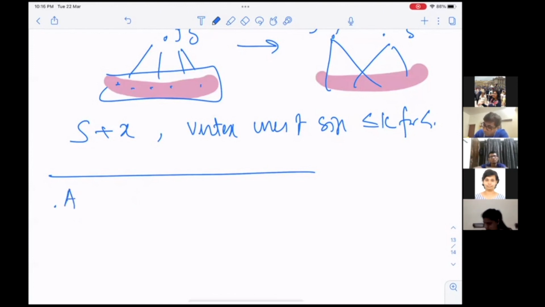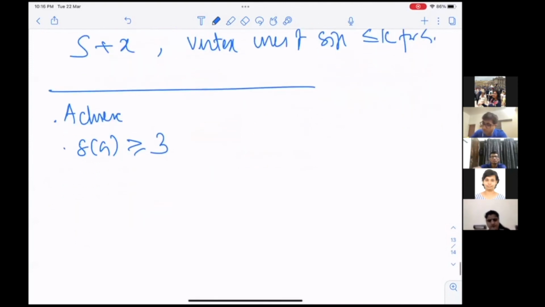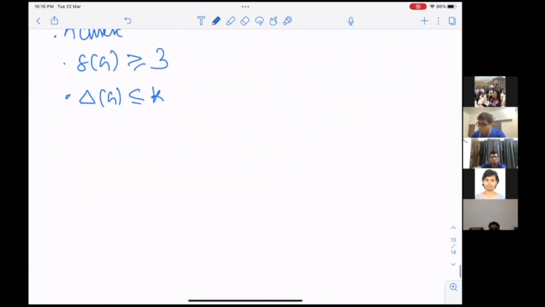Okay, so what did we achieve now? Delta of G is at least 3. Okay, and what is the maximum degree? It is at most K, right? So what is the summation of degree of v? At most,